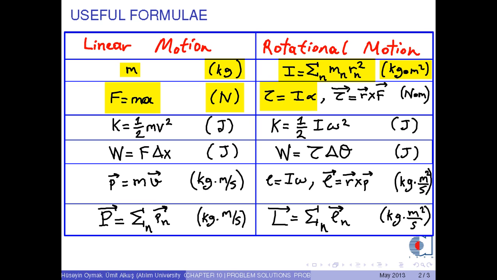As you know, torque, shown by tau, is a vector and calculated by this formula, R cross F. And rotational kinetic energy is 1 over 2 I times omega squared. And rotational work is torque times delta theta,